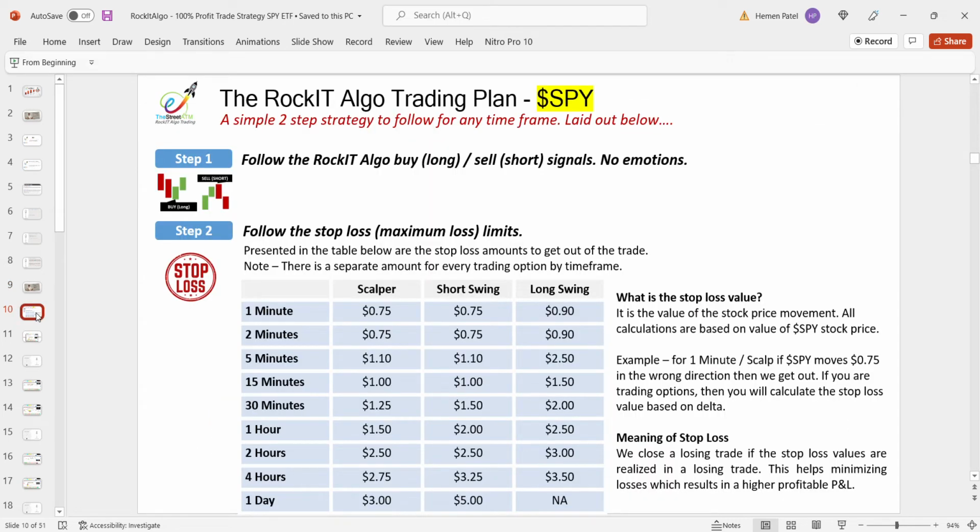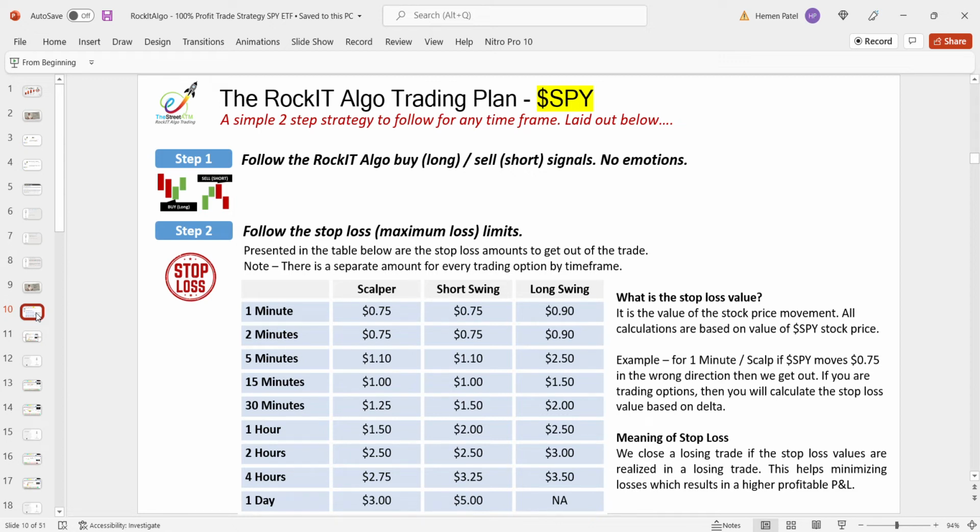So here you go. This is the strategy. It's two simple steps. Step one: follow the RockIT Algo buy and sell signals, no emotions. Step number two, specifically for SPY: